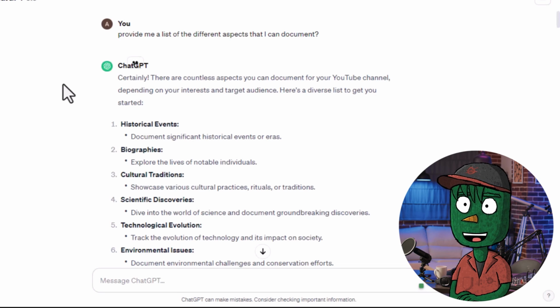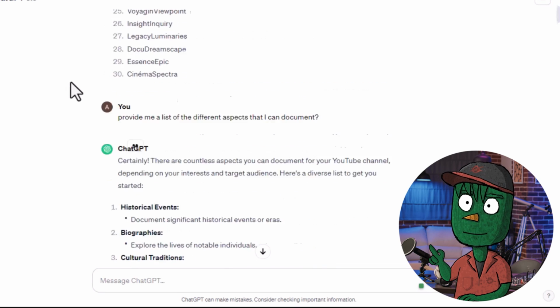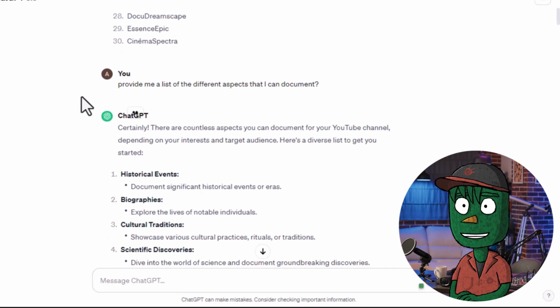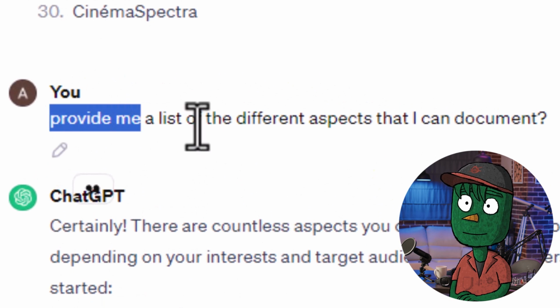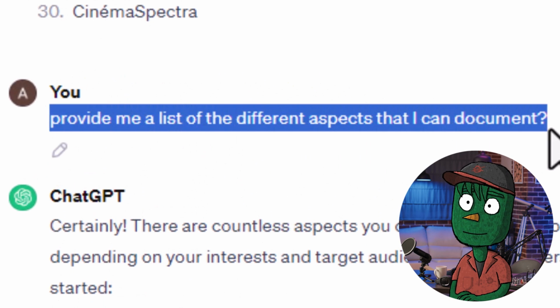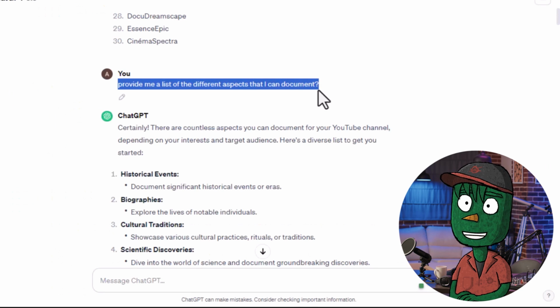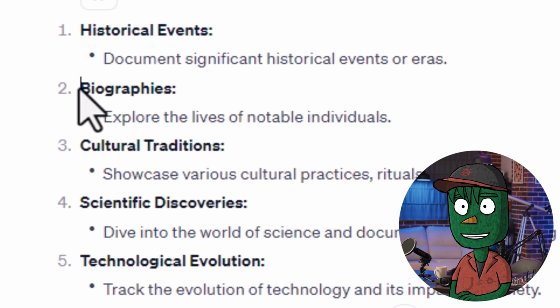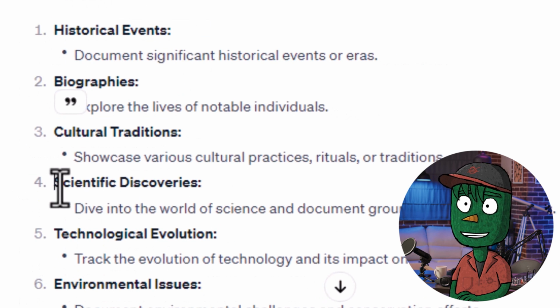It's important to pick a specific aspect to document on so that you can reach your intended audience. To do this effectively, we can use ChatGPT to generate some ideas. Ask ChatGPT to provide you with a list of different aspects that you can document on your YouTube channel. You will then receive a list of various topics to choose from, such as history events, biographies, cultural traditions, scientific